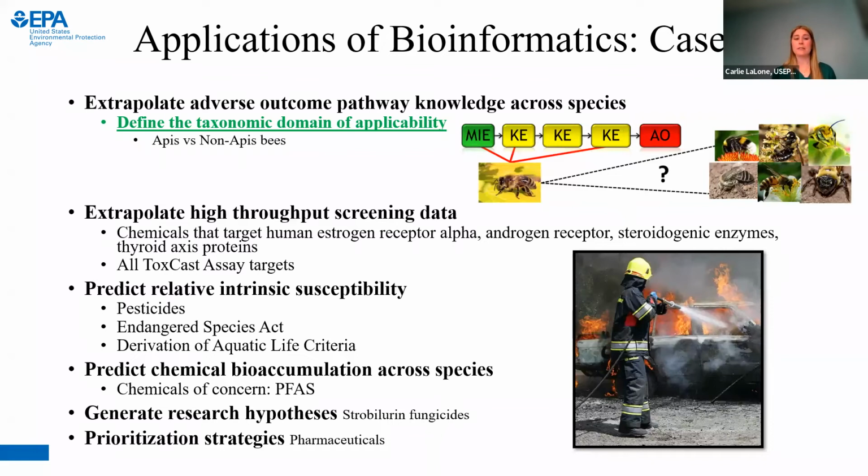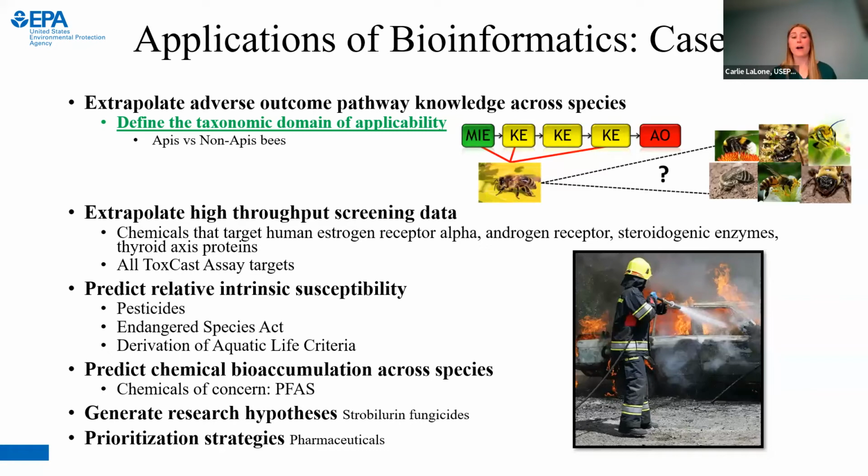I think that's really important to demonstrate its use for extrapolating high throughput knowledge. So typically we're relying on, again, model organisms. We want to understand how broadly we can anticipate extrapolating that information to other species. We've used it just for predicting relative intrinsic susceptibility to pesticides in the context of the Endangered Species Act. So where we're unable to test, for example,